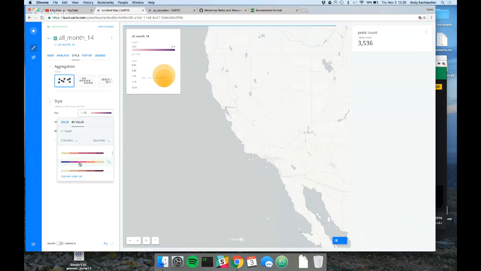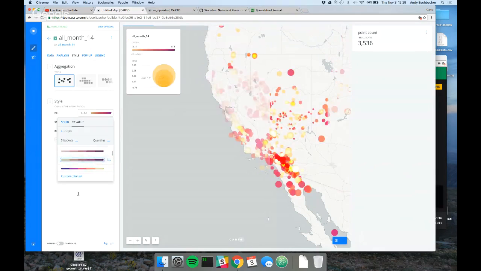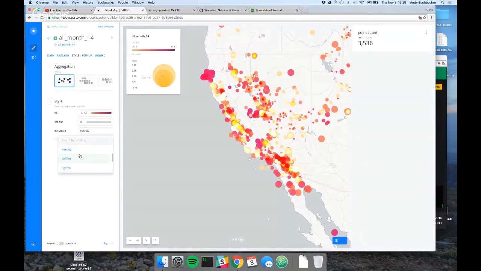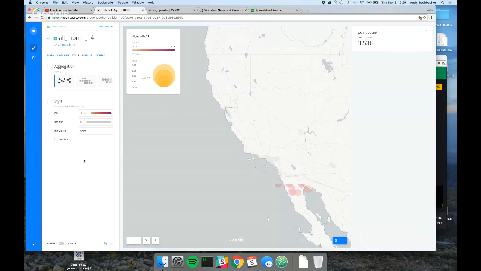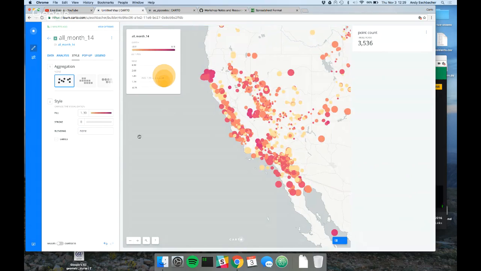So we can do blending under here. We can multiply them against each other, or screen them, or overlay them. And those are just some that give you a little bit of depth, so you can see what they actually are, like where the density is. But the next thing we can do is show the depth in a value as well. So we're going to do depth here, and we're going to make it